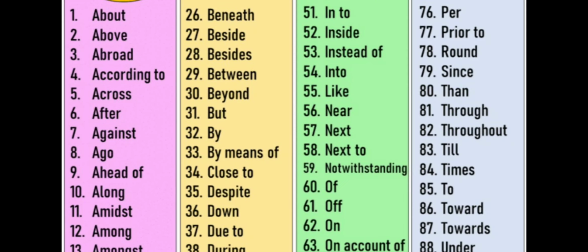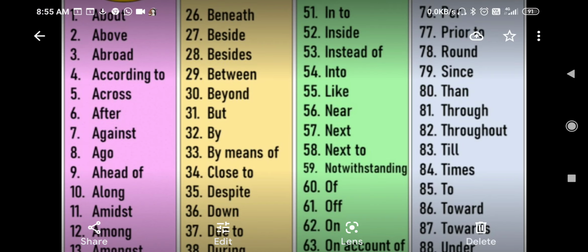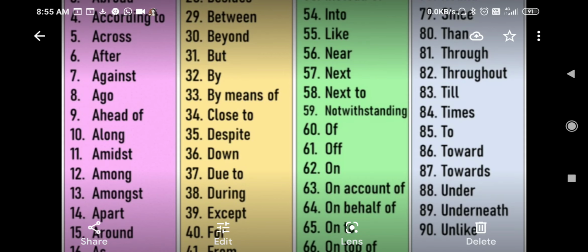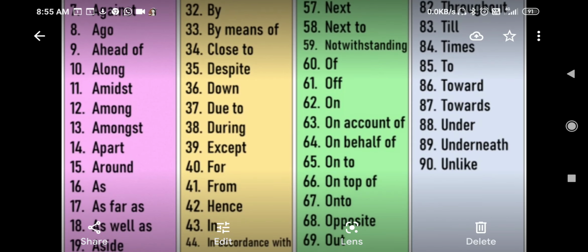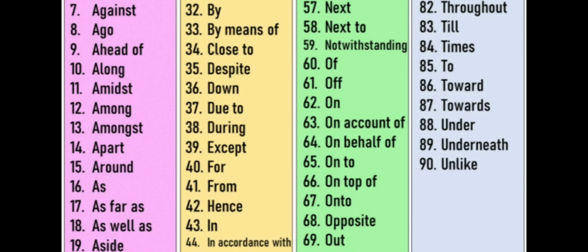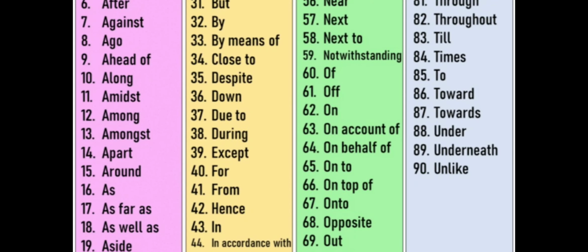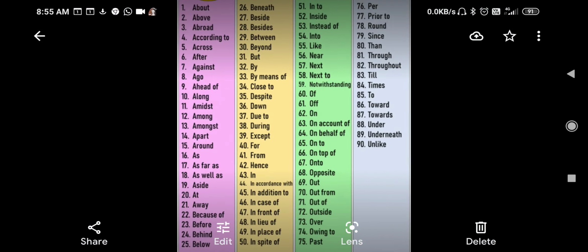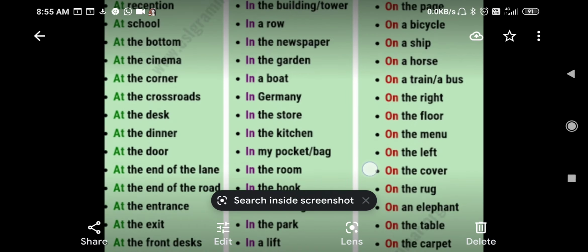per, pertaining to, round, since, than, through, throughout, till, times, to, towards, under, underneath, unlike। ये कुछ important prepositions हैं। ये मैंने आपको इसलिए दिखाए हैं क्योंकि फिर आपको सेंटेंस में समझ नहीं आ रहा है कि कौन सा preposition है, कौन सा preposition नहीं है।